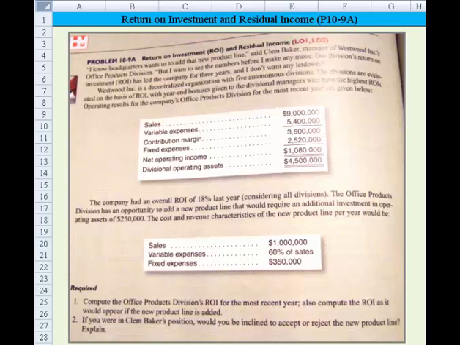Let's take a look at return on investment and residual income. This is problem 10-9A that you can see on your screen, though there's a little bit of glare in the screenshot. So let me read a little bit of it to you. "No, headquarters wants us to add that new product line," said Clem Baker, manager of Westwood Inc.'s Office Products Division. "But I want to see the numbers before I make any move. Our division's return on investment, which is ROI, has led the company for 3 years, and I don't want any